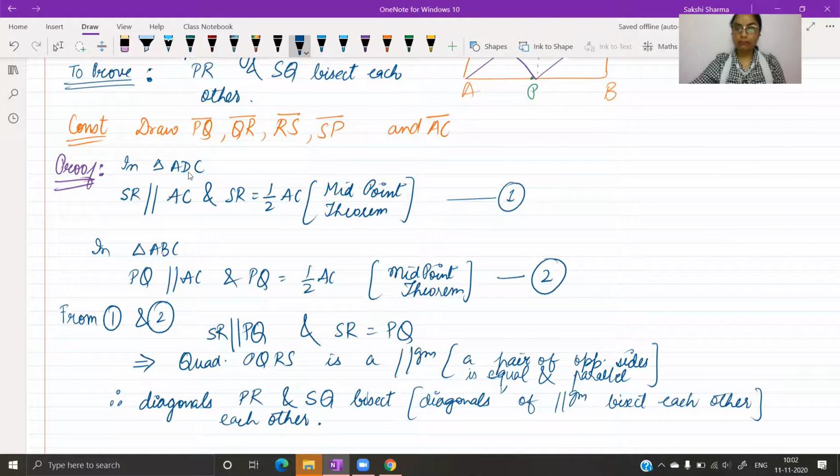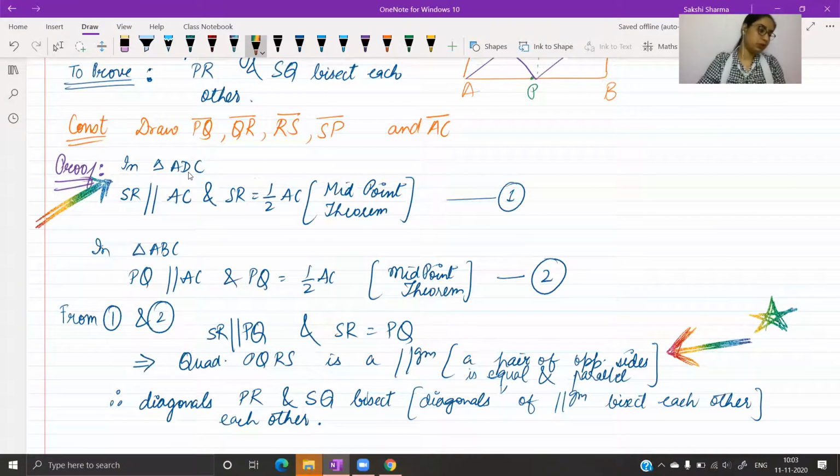The students who have done this, even the rest of the students, do one thing, starting from here, the proof. From here to the point where you prove that the quadrilateral formed is a parallelogram. Till here, kindly mark this as a starred result because we would be using it later. Like in question number 2 and question number 3, you will be required to write this down again. So I would just write down a note from the previous question. I won't be rewriting this.